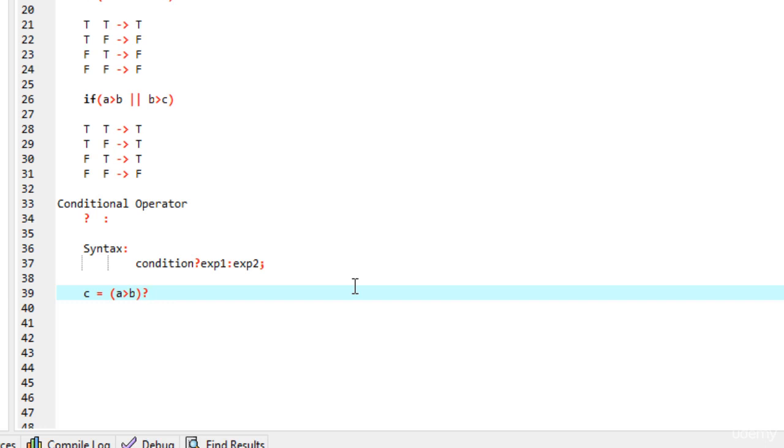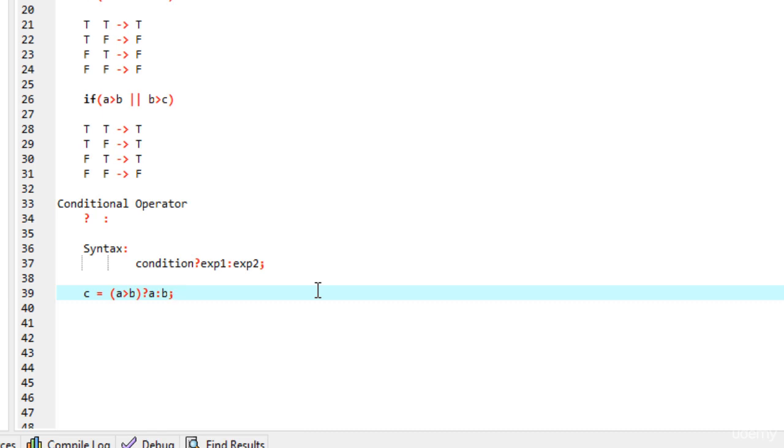If it is true, then A, and if it is false, then B. So when A is greater than B is true, C will hold the value of A. But when A is greater than B comes out to be false, then C will hold the value of variable B. So this is how we use conditional operators.